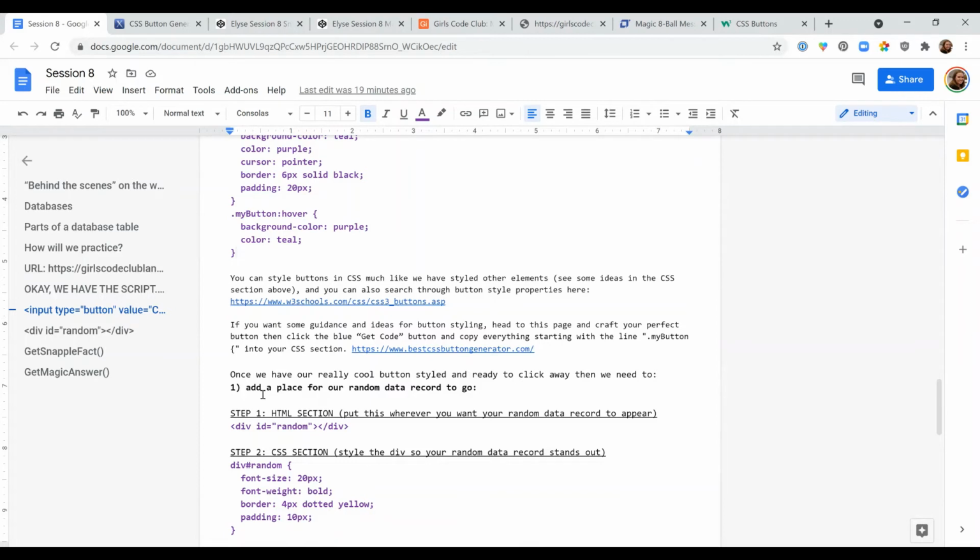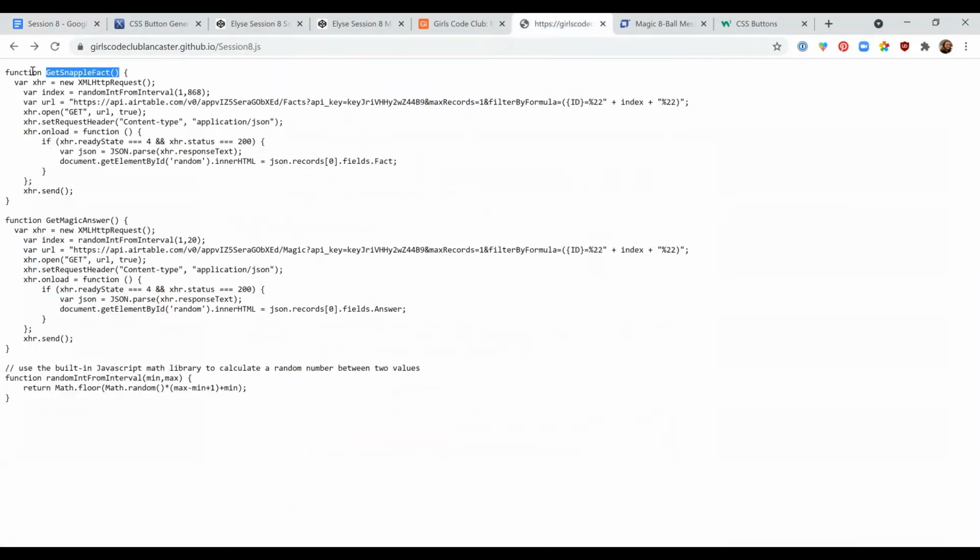Okay. So we have to add a place for whatever random data record we want to have, whether it's going to be a Snapple fact or whether it's going to be a Magic 8-Ball answer. We've got to have a place for it to go, because if you remember, over in our two functions, we have almost the same line in both of them. It says document.getElementById